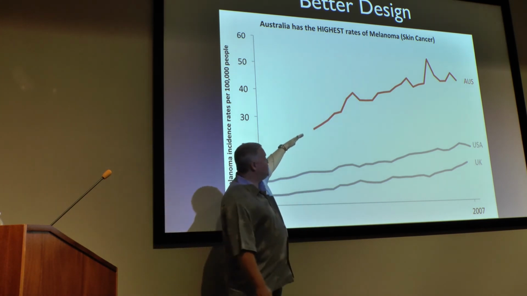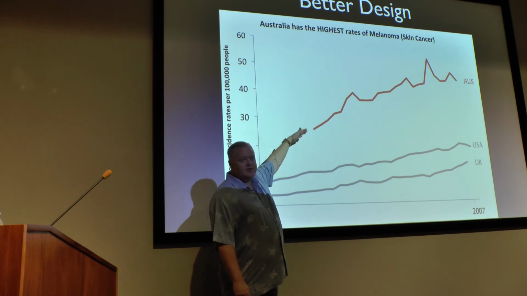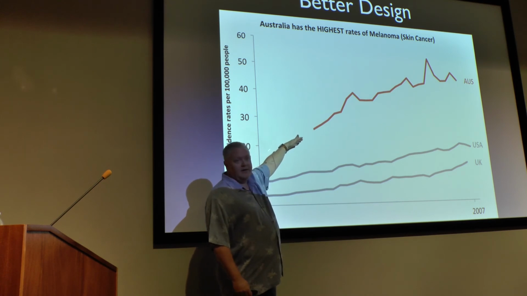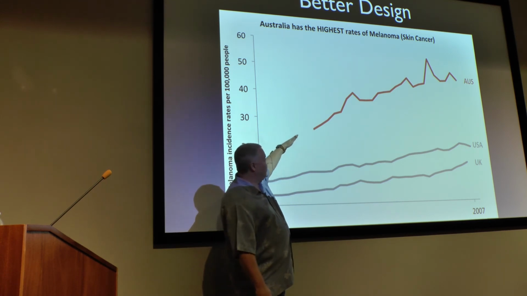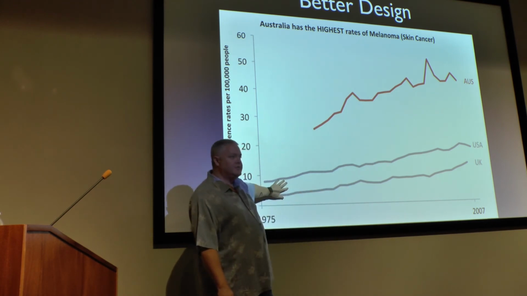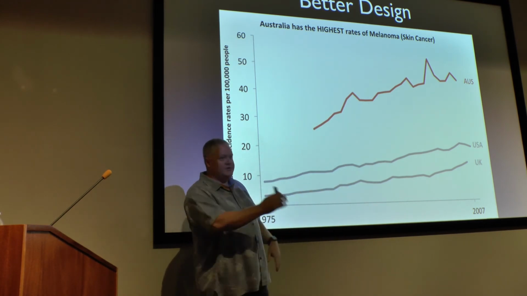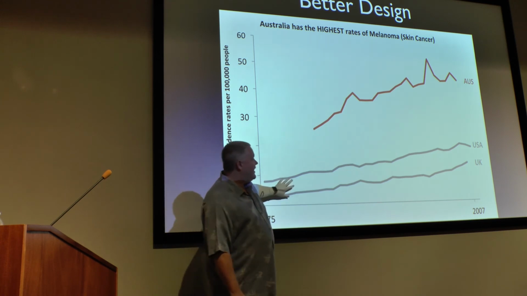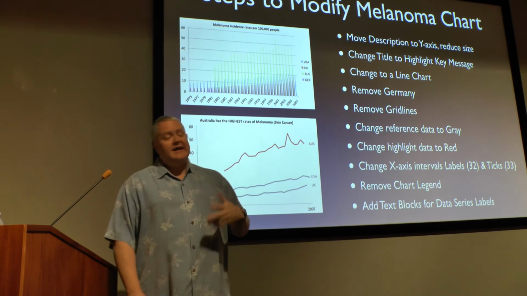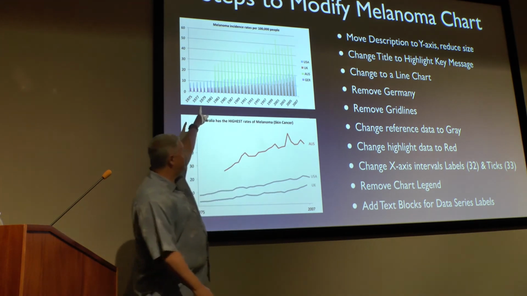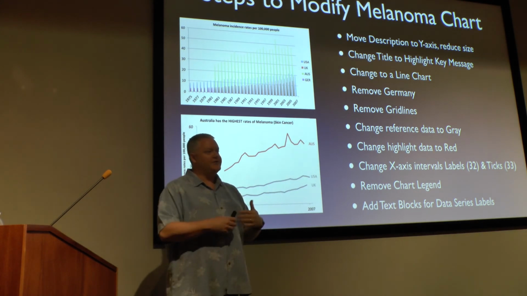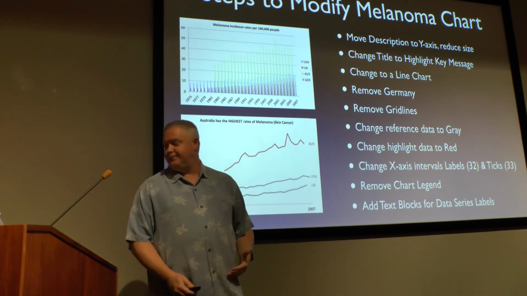And I have colored specifically Australia. Australia is the story here. Right, Australia has the highest skin cancer rate among these countries, I think, in the world. And then these other countries, I've grayed them out. So they're here as reference, but they're not the story. Even though Excel wants to color every single thing a different color, I have purposely grayed those out. And so this tells a better story. And it takes 10 to 12 steps in Excel to take this and turn it into this and use color specifically to draw your reader's eye to the information you're trying to convey.